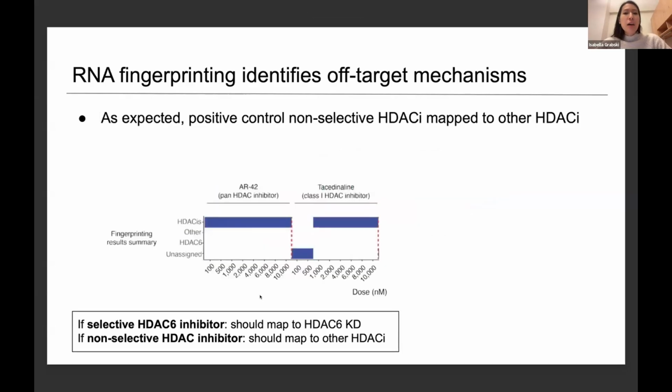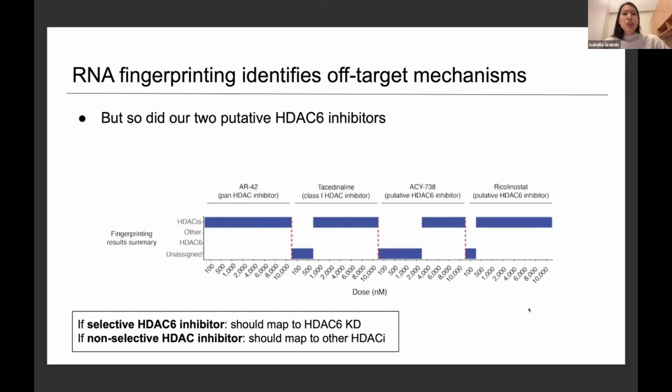Here we can first consider our 2 positive control non-selective HDAC inhibitors. I'm summarizing the composition of the credible sets that we found at each dose, where you can see, as expected, that we either find no effect at low doses, or we find matches exclusively to other non-selective HDAC inhibitors.